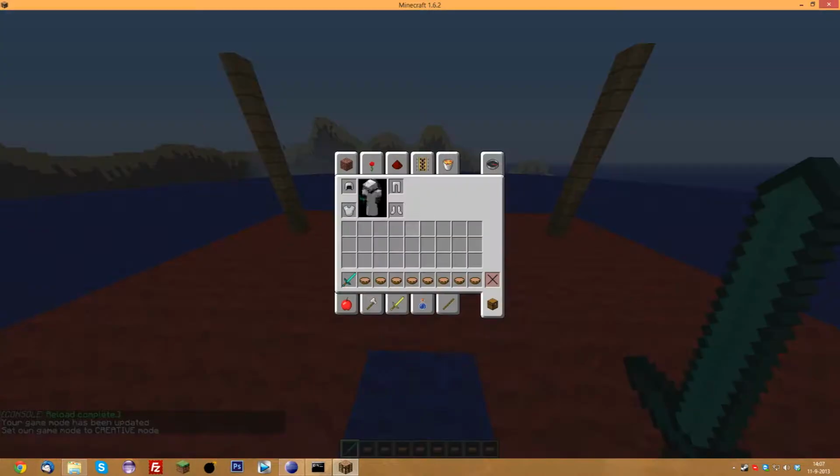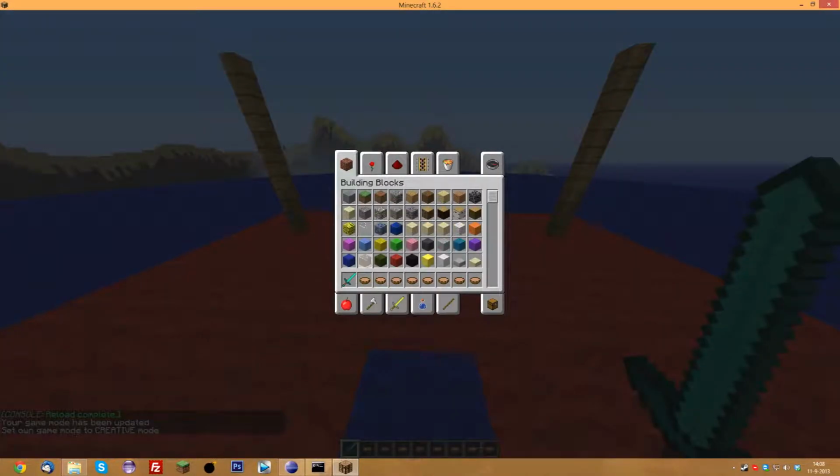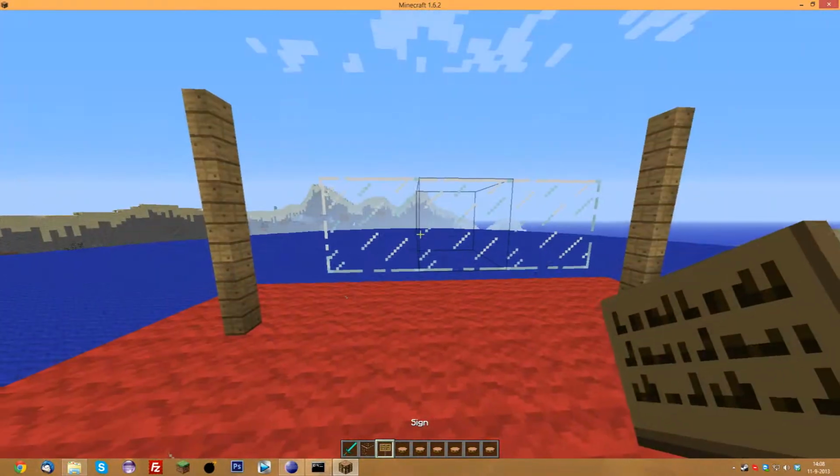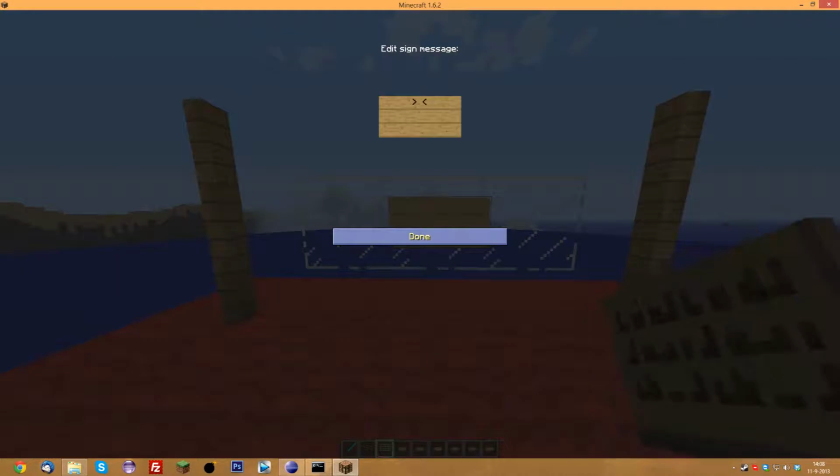We need to find some signs. We'll do some glass, and then we'll actually, I don't know where the signs are. Decoration, probably. There we go. It's a sign. So we'll go in there. Again, this is a little bit choppy because it is recorded with a screen recorder. So we'll do kit in the bracket